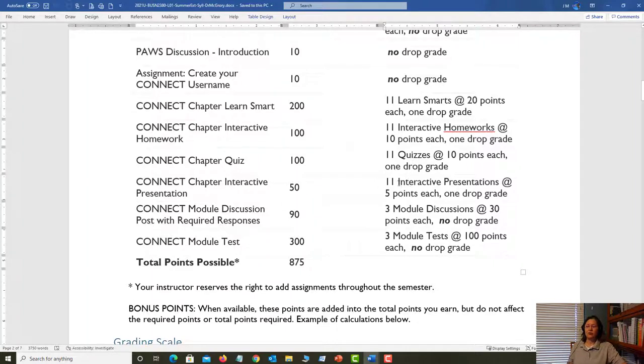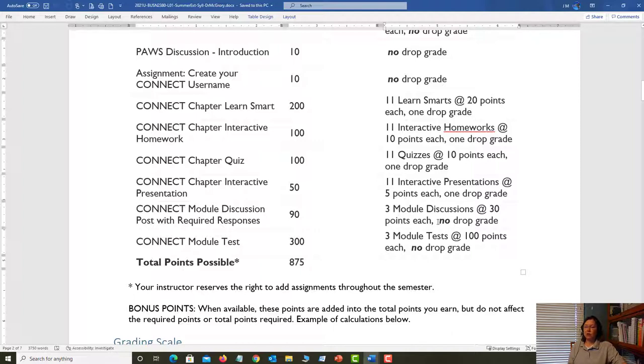Okay. Then you're also going to do these interactive presentations. Now, this is kind of like attending your class lecture and participating in that. 5 points for that. But that's still 50 points. Think of 10 chapters, your top 10 grades, but there's actually 11 chapters. So earn those full points, get those 50 points.